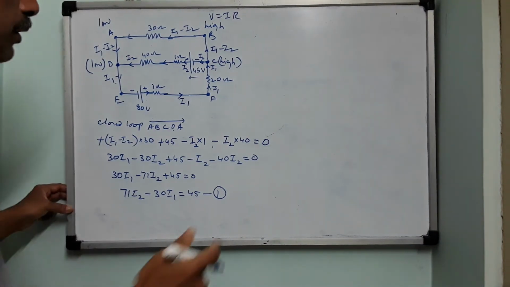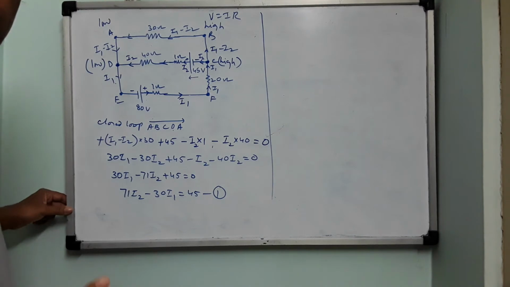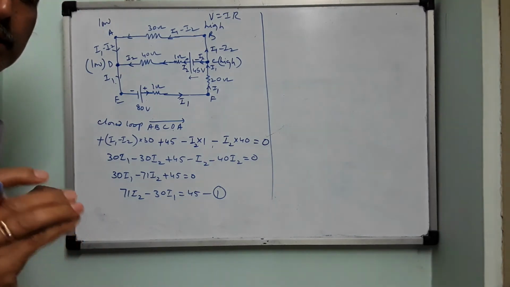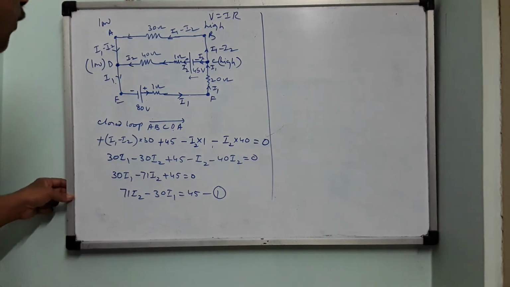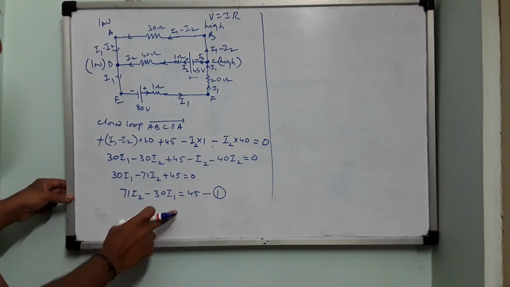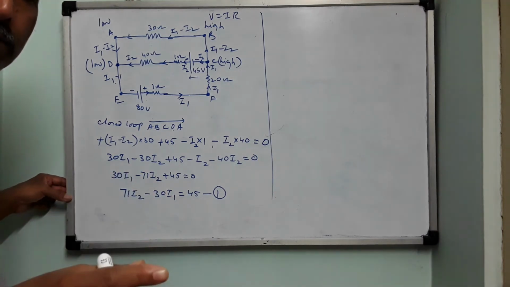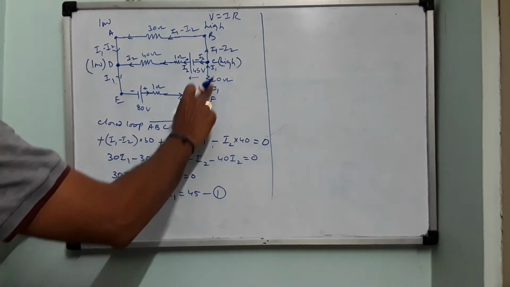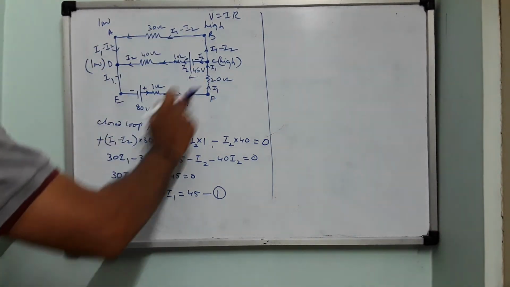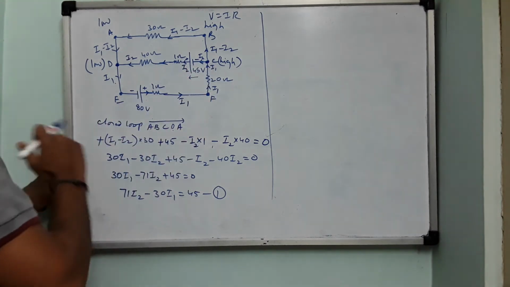Now in the examination, Kirchhoff's laws application is very, very important. Every year a small or big question will be placed on these Kirchhoff's laws concepts. So only one equation I could set up now. I have two unknown quantities I1 and I2. I require another simultaneous equation. For that I take this loop so that I could cover the entire circuit. The first part is covered already. Now I am going to cover the second part.